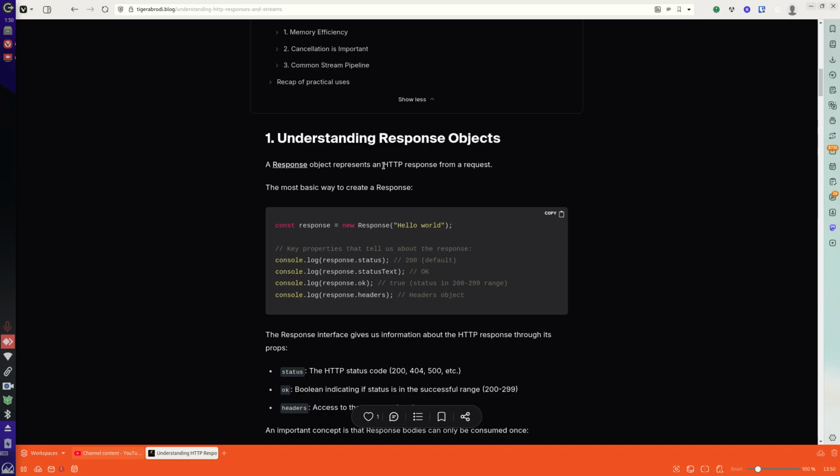So sorry about that. Interesting. So a response object represents an HTTP response from a request. Yeah, so this should take us to MDN. I knew that. So the most basic way to create a response, this is how you create a response,